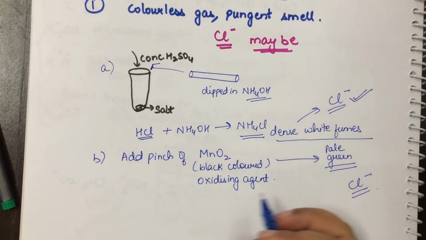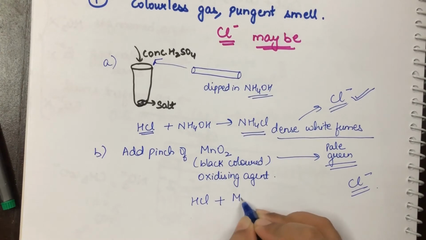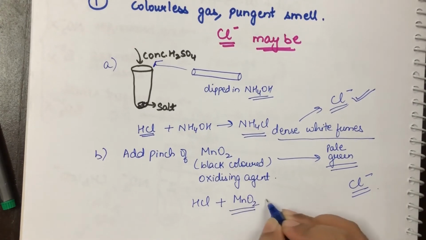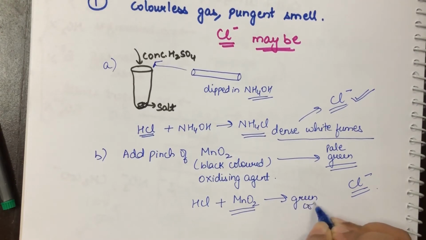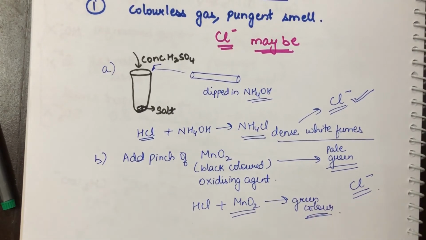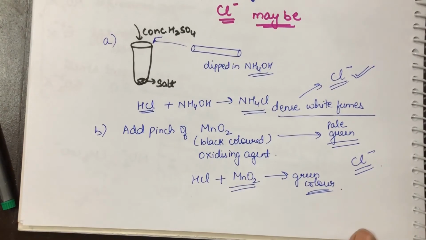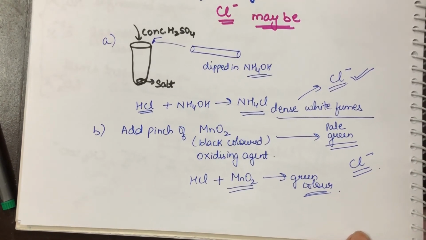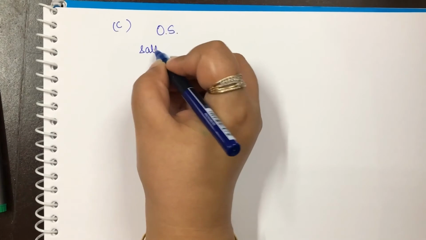So what has happened here is that the HCl coming out from the test tube has interacted with MnO2, which is your oxidizing agent, and it will produce a green color solution. If this happens, then chloride is also confirmed. Now there are a few other methods given. You can use either of them, but I have the responsibility of telling you all of them. The other way is you take the original solution. Now, what is your original solution? Salt plus water.